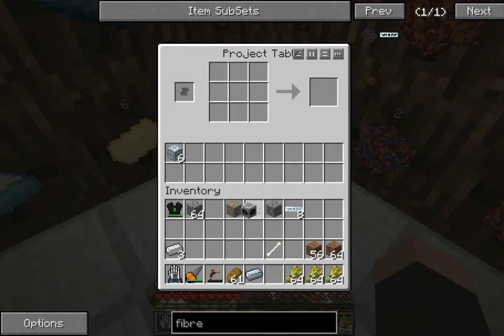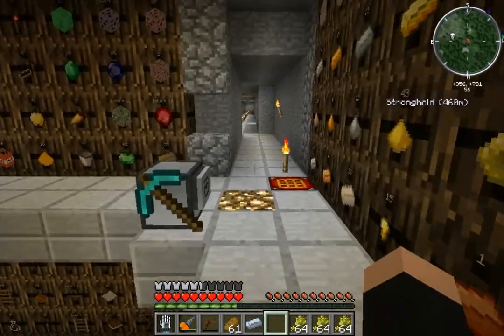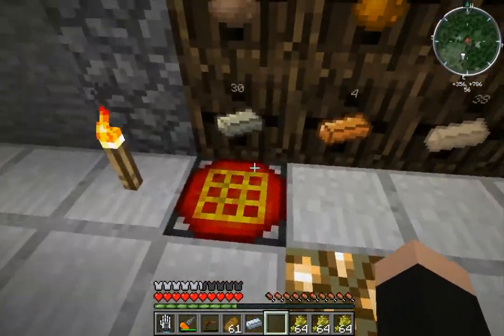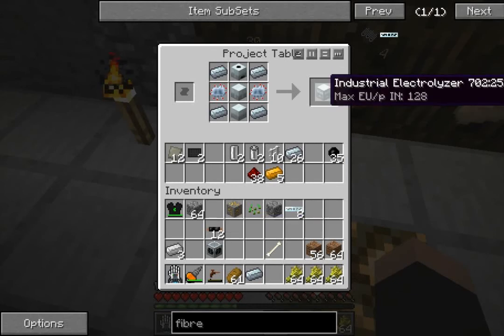So I'm gonna just make one of these for now, and see, that requires 32 in. So that's right, that can go on our right hand side with some copper cable. And the other thing is the electrolyzer. An electrolyzer requires a ton more